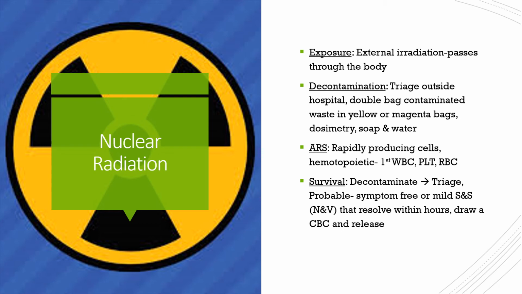After people have been exposed, they can get acute radiation syndrome, which is kind of like when our cancer patients have radiation treatment, and those beams attack the rapidly reproducing cells in the body. Those are usually the cells that are producing our blood products, so it attacks the white cells, the platelets, and the RBCs. So anybody who's been exposed to nuclear radiation, we're going to draw blood levels to make sure they're not having